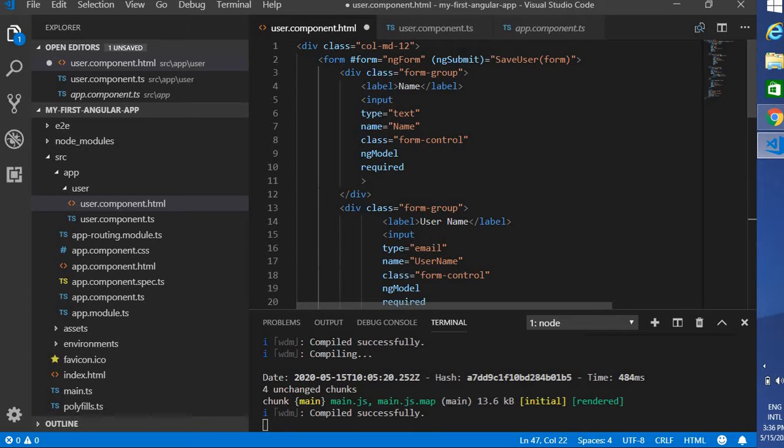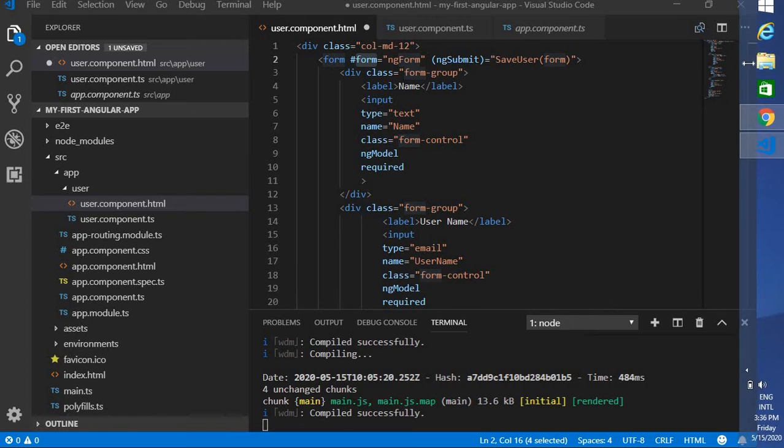If we see our code, we already created a local reference, so we will use this local reference. This local reference will have the value of whether the form is valid or invalid, what controls are there, and any errors. Those details will be available in the local reference.